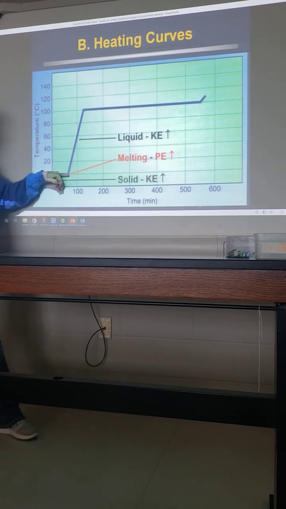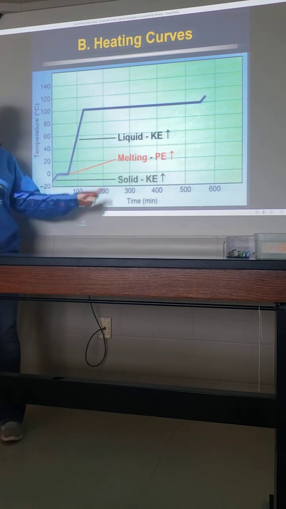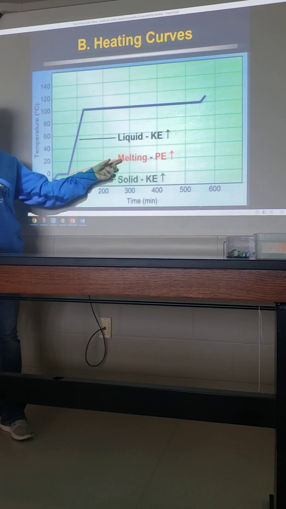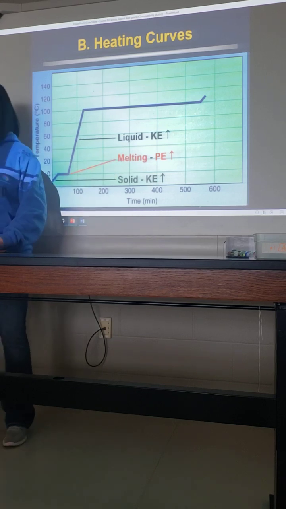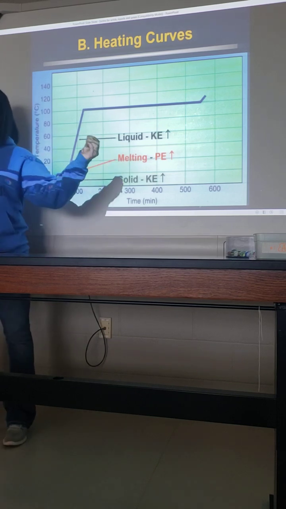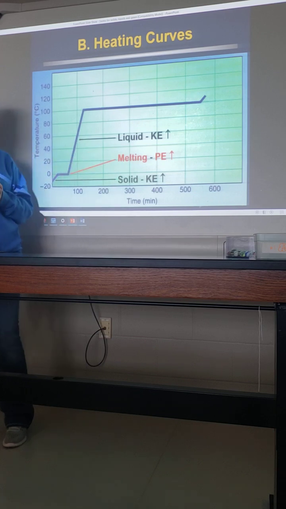So if the temperature is constant, what do you think that means for the kinetic energy? It's also constant, right? Because again, they're besties. They're doing whatever the other one's doing. So if temperature's constant, kinetic's constant. And so that means since heat is being put into the system, that energy has to transfer into something. And at that phase change, energy is being transferred into potential energy to help separate those molecules and give more space between them,